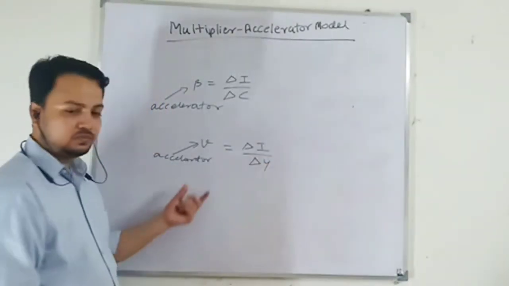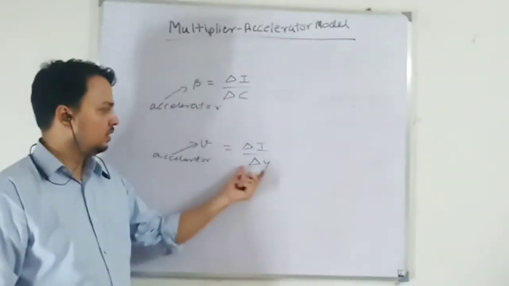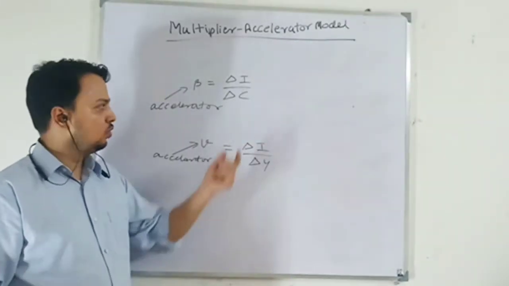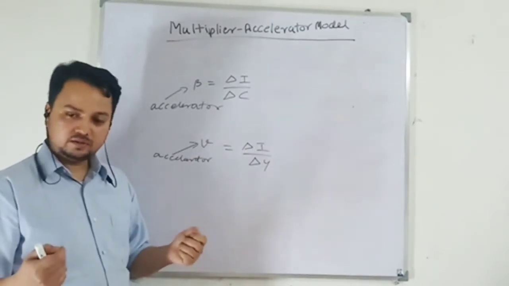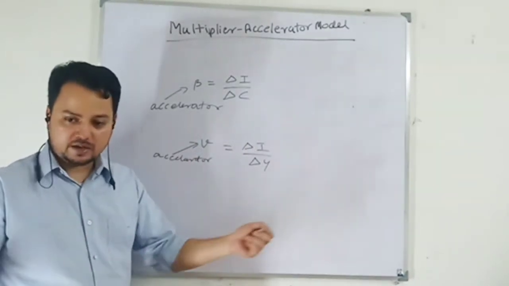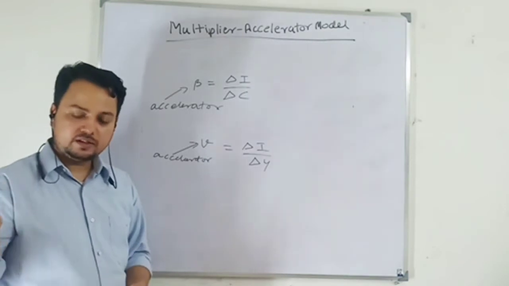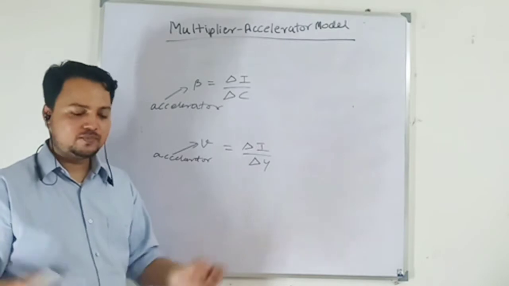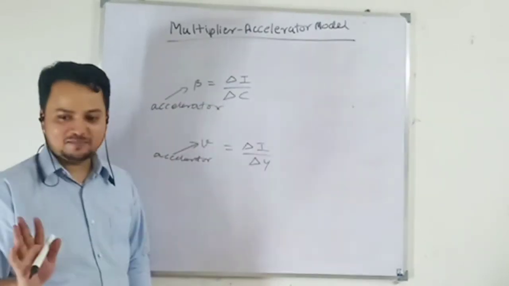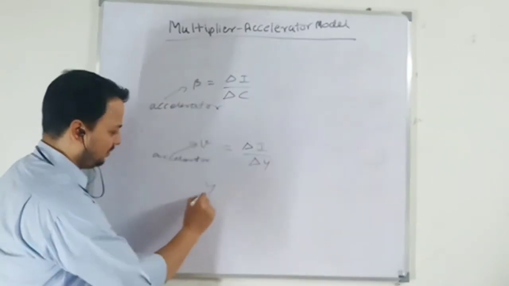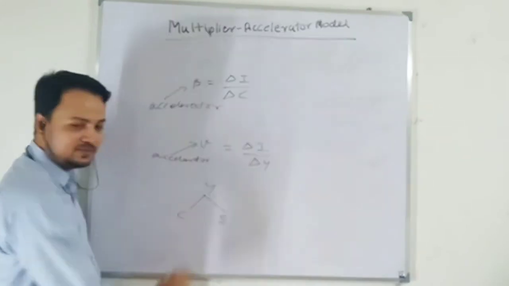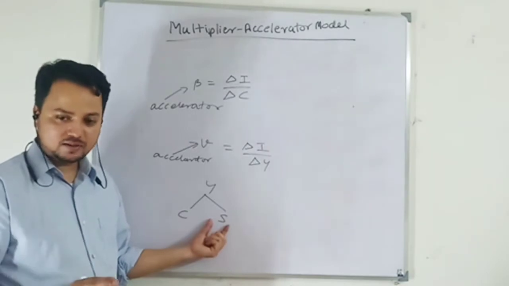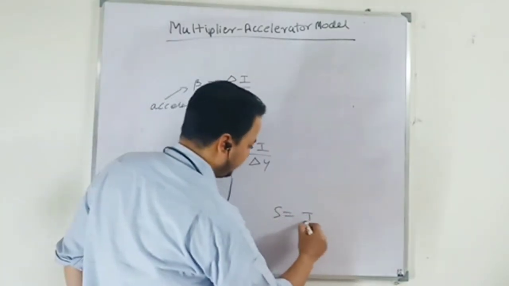So here, what Hicks is saying is that our accelerator, the increase in demand for capital goods, does not only depend on the increase in consumption, it depends on your entire income, national income. So when national income increases, demand for capital goods also increases. But these things are the same. Like I told you, what is income? Income is consumption and saving. In equilibrium or actual or realized, saving will be equal to investment.